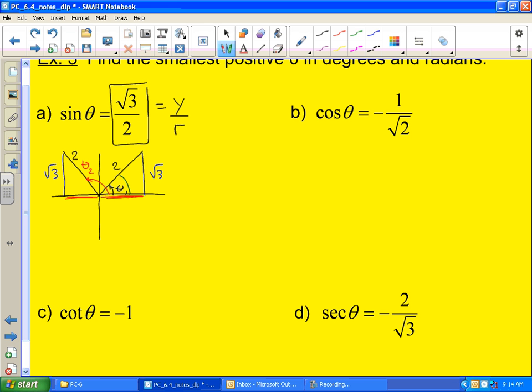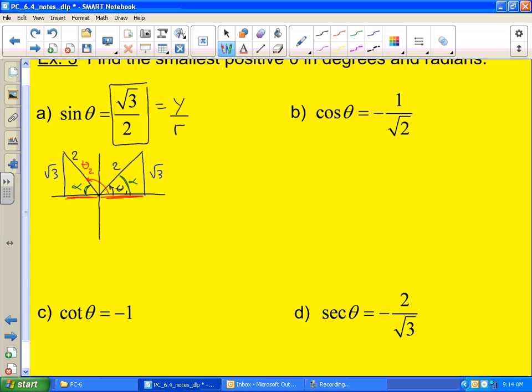So again, there's my reference angle in this first triangle. Here's the reference angle in the second triangle. They're the same thing because they produce the same ratio or the same triangles, just in different quadrants. So,